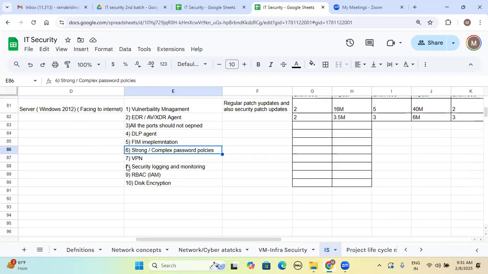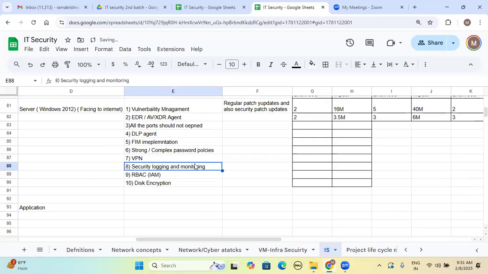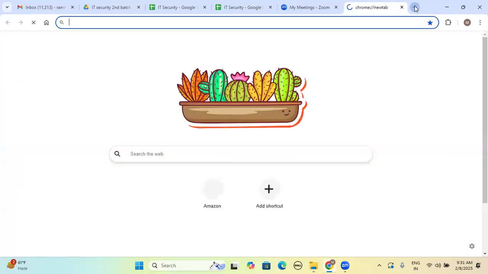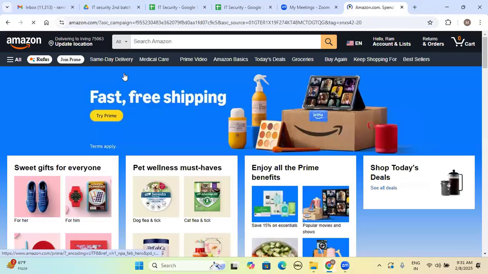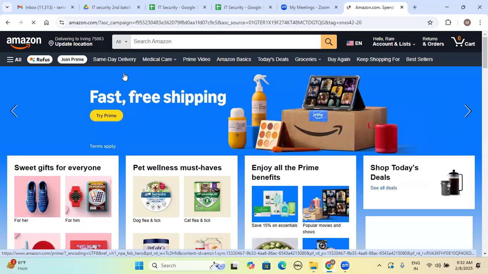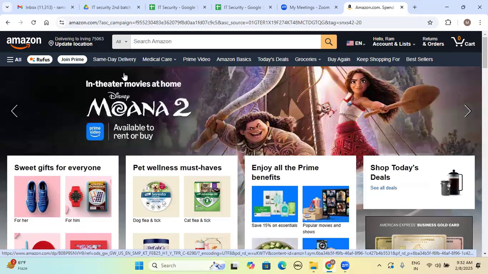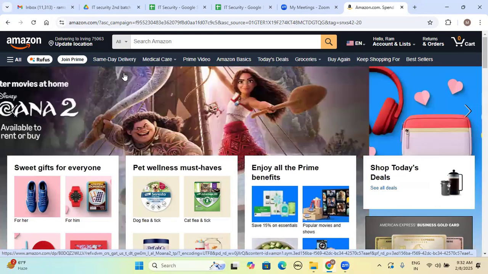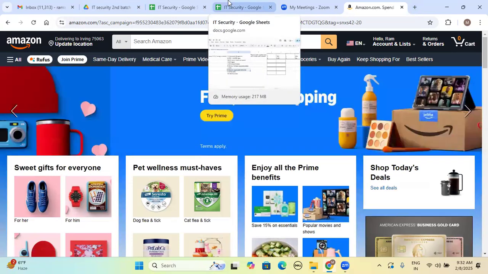On the application side also, what I have to do as an information security manager. For example, in total, how many members are there? Okay, so 10 members have joined other than me in this class. So now we can go with Amazon. This is a retail website, so we can order any items here. Maybe now you are developers, and I am the information security manager. Now, I have to make questions on the security side for your application development team. So what are the security questions as an information security manager? I will go and prepare